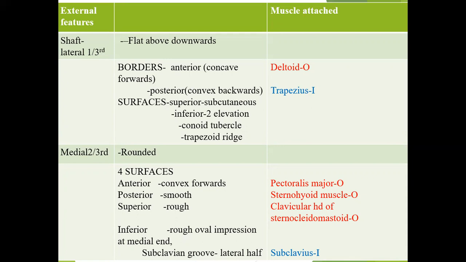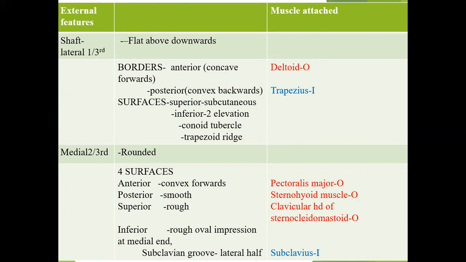So first we can talk about the lateral one-third of the clavicle. This lateral one-third of the shaft is flat from above downwards, so it has two borders and two surfaces. The borders are the anterior border and the posterior border. The anterior border is concave, and the posterior one is convex backwards. Next we can talk about surfaces. It has two surfaces, the superior surface and the inferior surface. You can see in this tabular column, the superior surface is subcutaneous. We can touch and feel it near our skin. And the inferior surface,